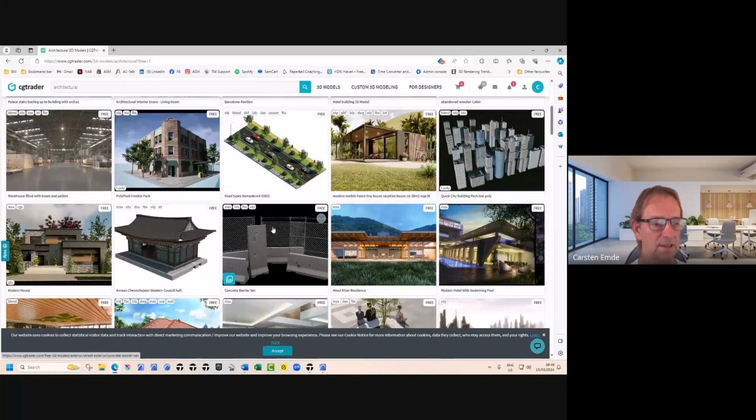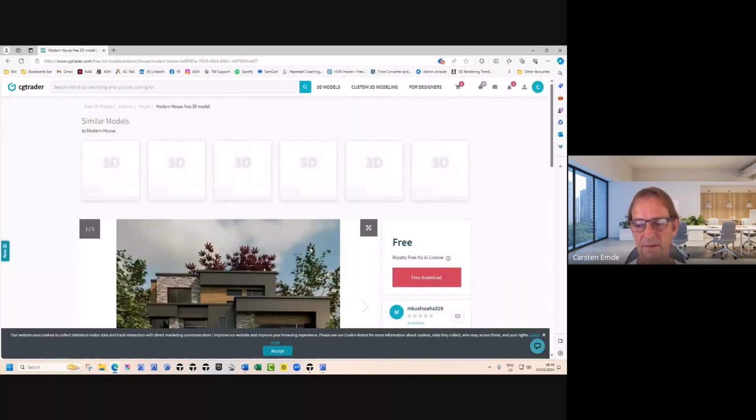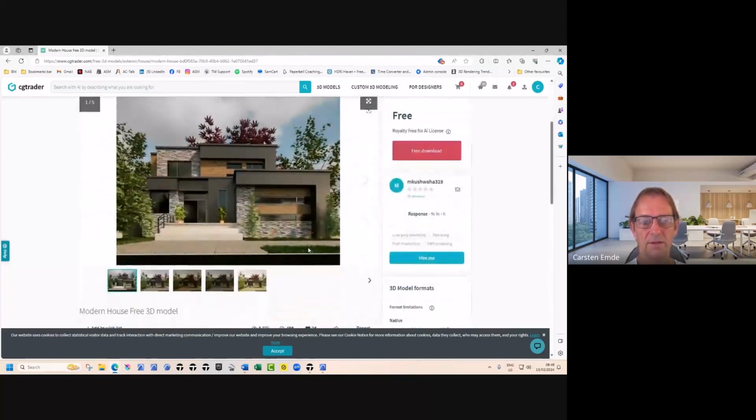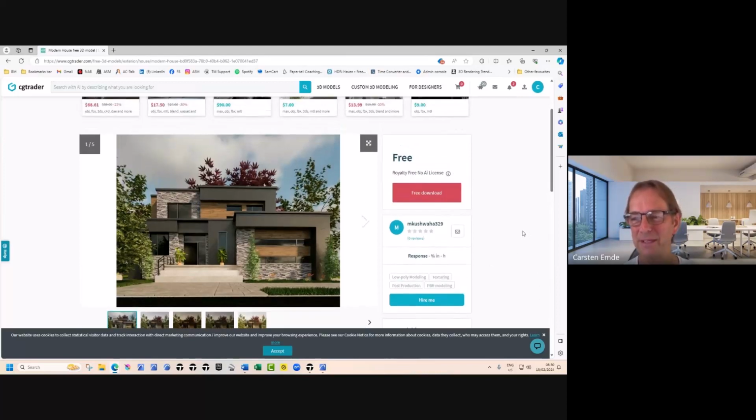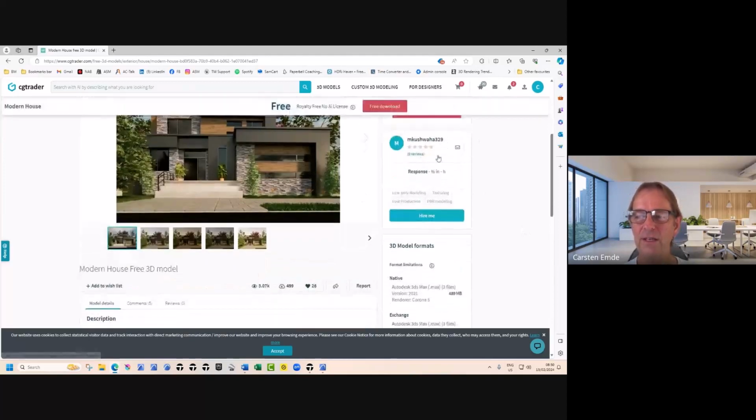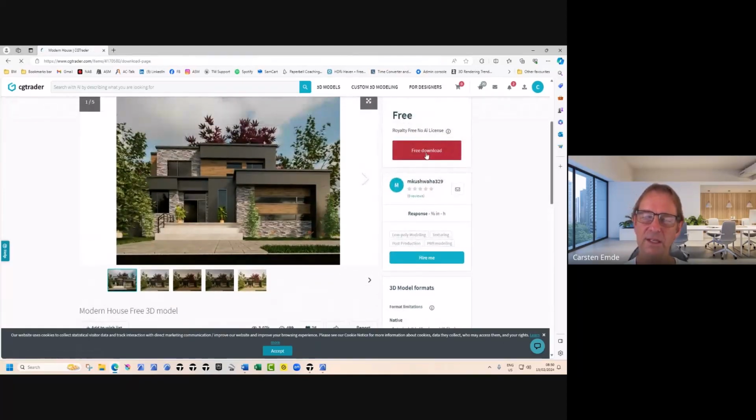Let me just do an example. Let me go to this one here. Somebody modeled this and put it in here. Probably he's got other library parts, and he gives away a free one, which is great. You might be able to use this as a neighbor property, just as an example. Sometimes it's hard to find the free download, but here it's quite obvious. You click free download, but then you go to the next window,